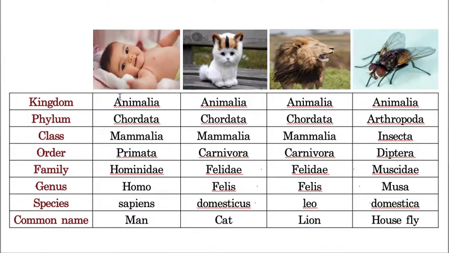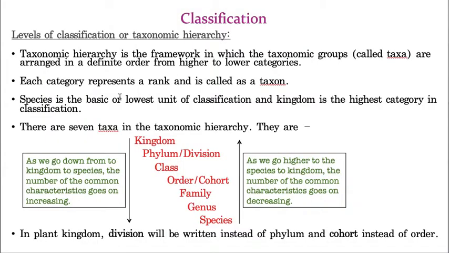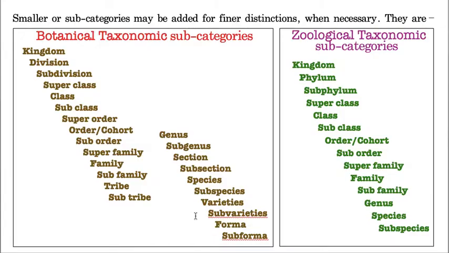The upper one is the normal information, but if you want complete details, then you have to follow this system of classification. Now kingdom, division, subdivision, superclass, class, and subclass, superorder, order, and suborder, superfamily, family, and subfamily,